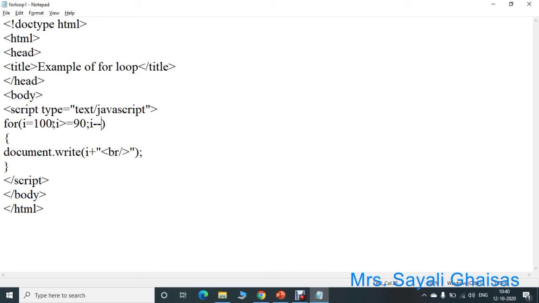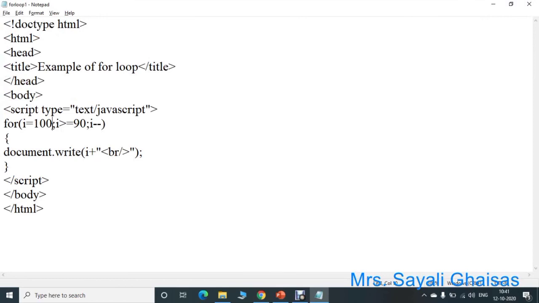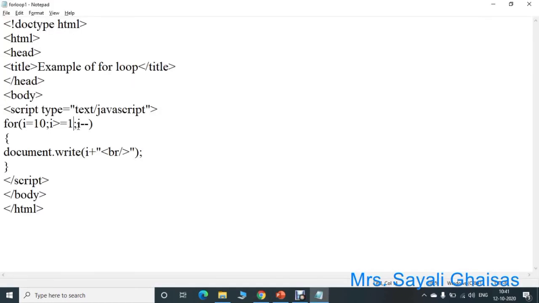So values will be printed as 100, then 99, up to 90. So in this way the program will give you the output. If we give here the values 10 to 1, then we can see the output 10 to 1 values will get printed in reverse order. So in this way we can write a program using a for loop using increment as well as decrement operators.